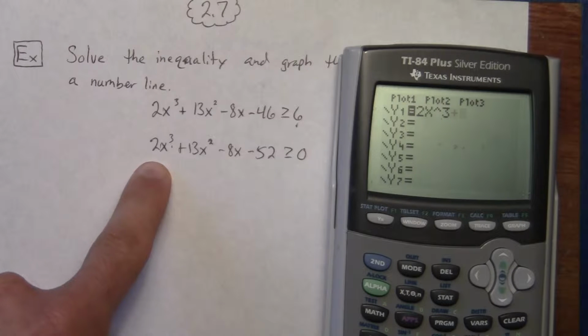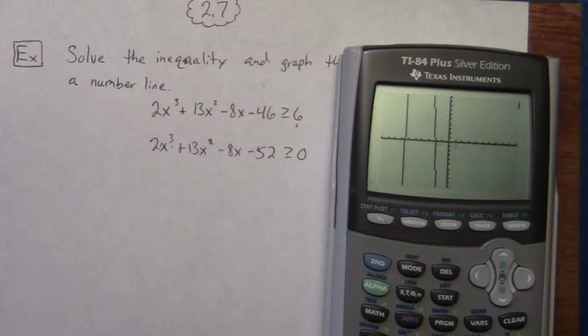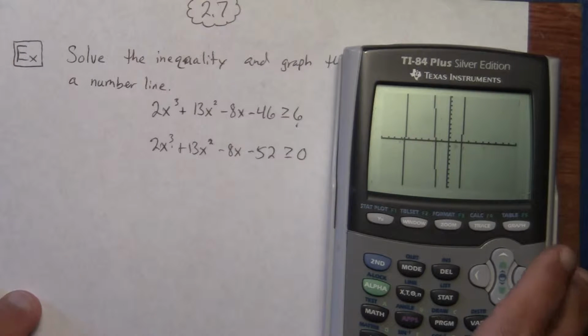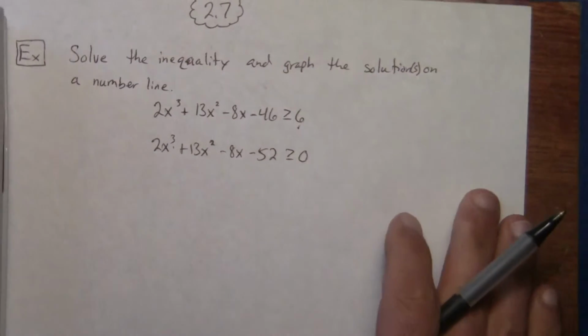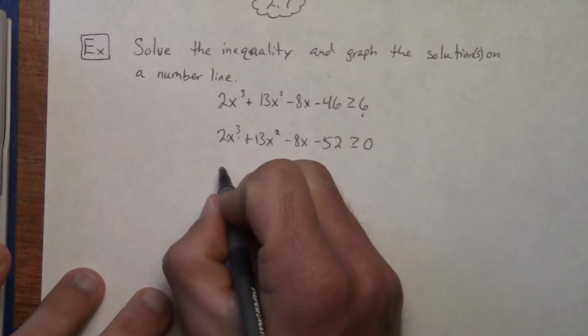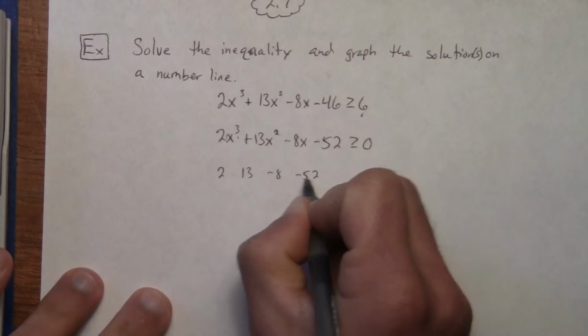So 2x to the third plus 13x squared minus 8x minus 52. And I'm going to go ahead and hit graph, and basically the graph that you're looking at is what we're going to be doing here. Alright, so it looks like I can see there's one at 2, so I'll go ahead and do the synthetic division with 2. So 2, 13, negative 8, negative 52,